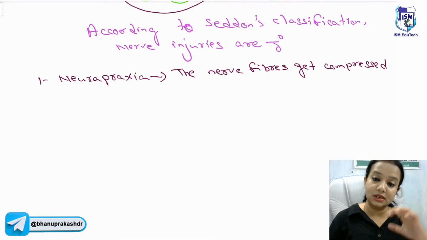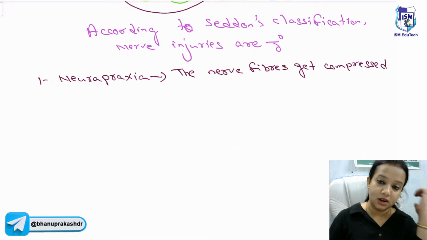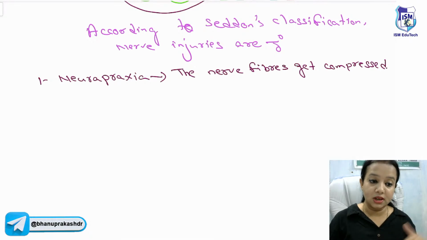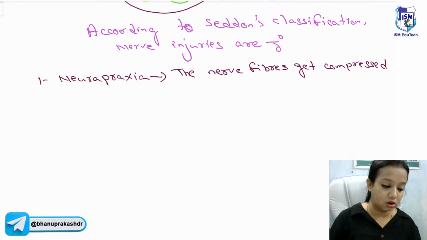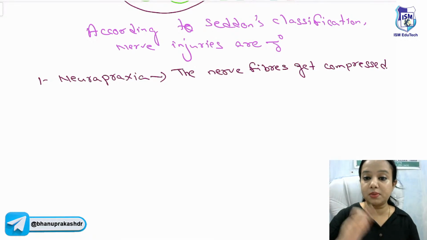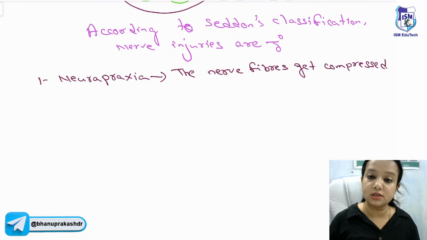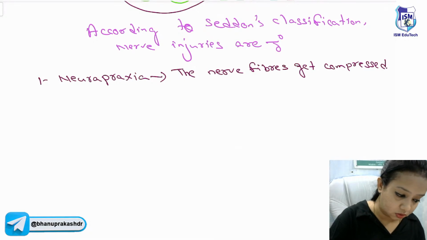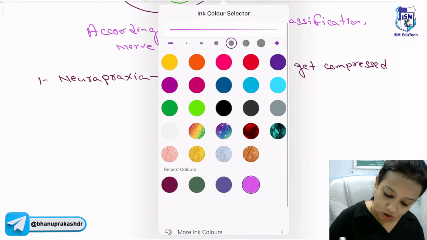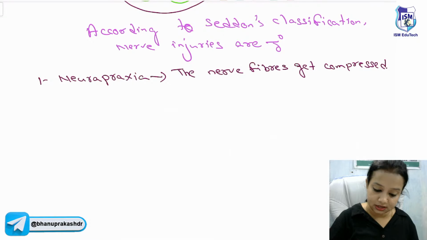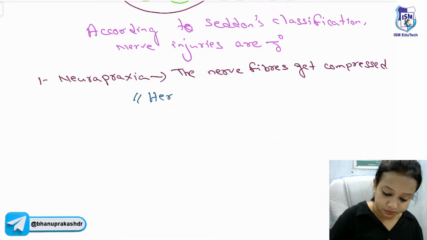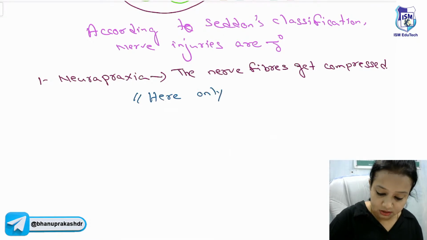Or if a person sleeps with one hand folded, in recumbent position for a prolonged period of time, then what happens that time also is compression. So these all cause neuropraxia. What happens in neuropraxia is not actually a very serious condition. Here only the